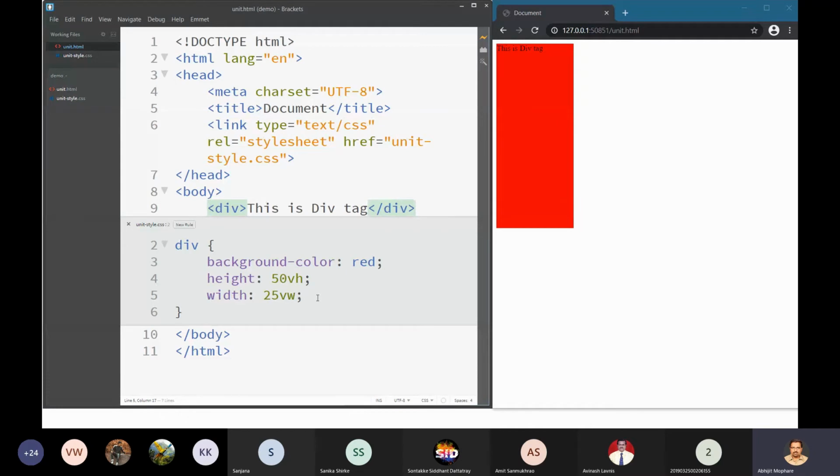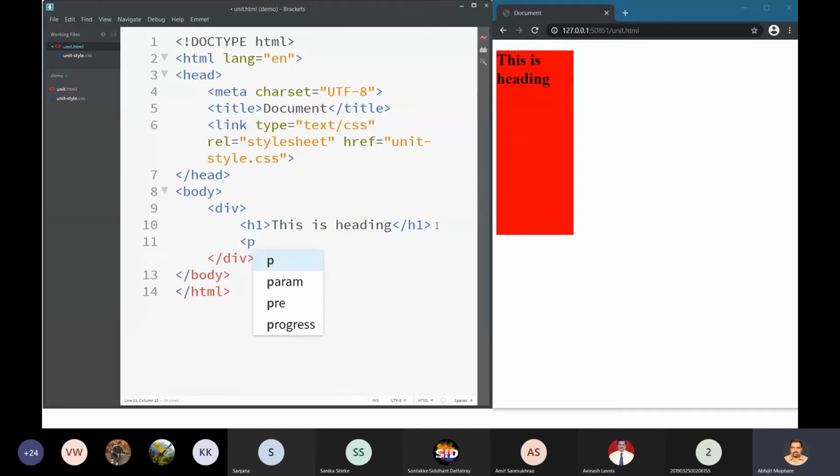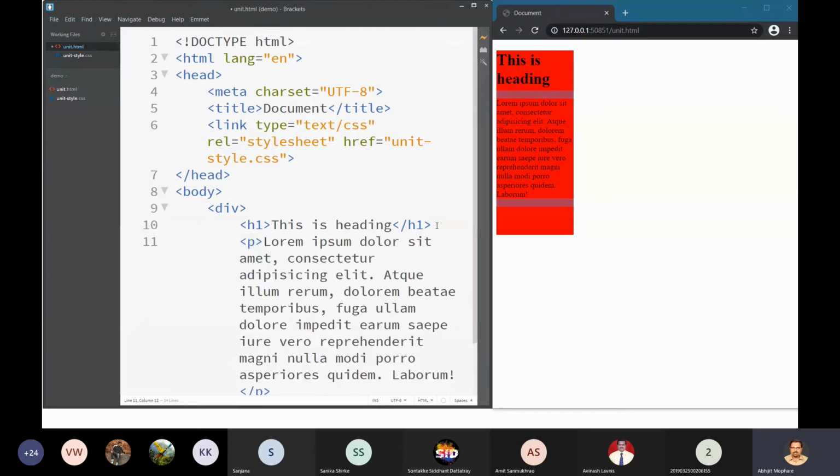Okay, fine. So this is the div tag. Understood? Normally we don't give anything as a content of the div tag. Normally the div tag is a container, so the other contents will become part of the container. So here I can put any tag that I want. Suppose I put h1, a heading. So this is heading, right? You can give it right here, and as you can see, it is not going outside of the div tag because it is the content contained within the div tag. So it is not going outside, no matter what the size of the content is.